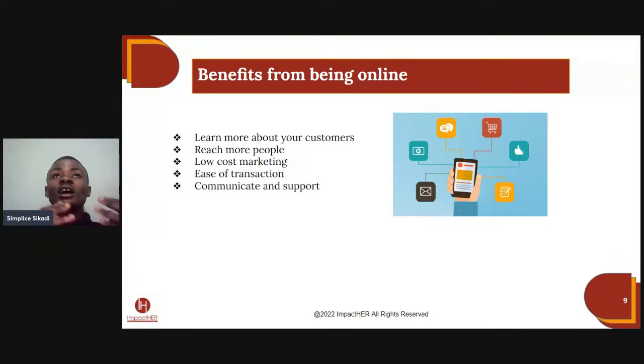When you're online, for example, on Facebook, Instagram, or any platform, there is usually an insight into that platform, where you can know exactly the number of people that you are reaching per day, where you can know exactly who those people are. You can know